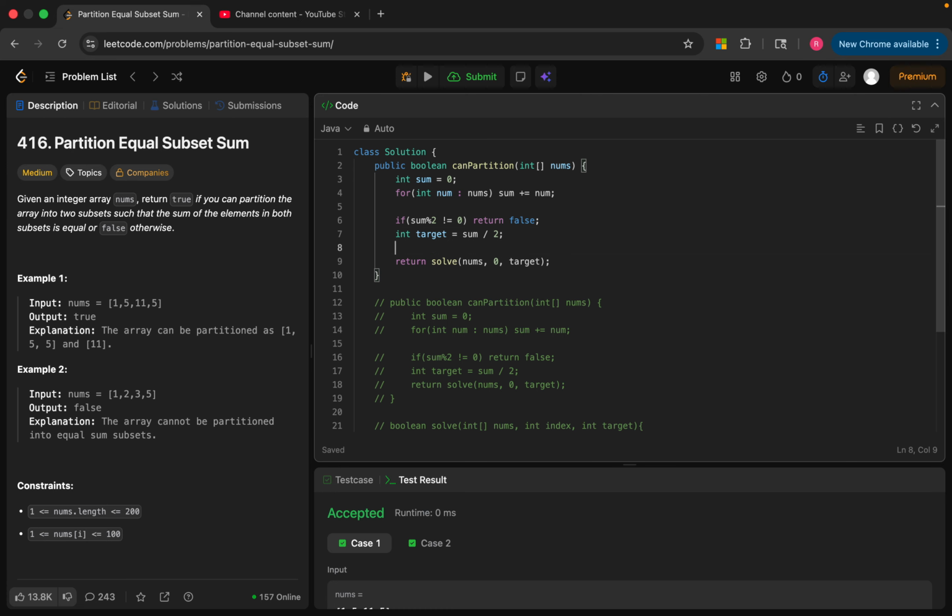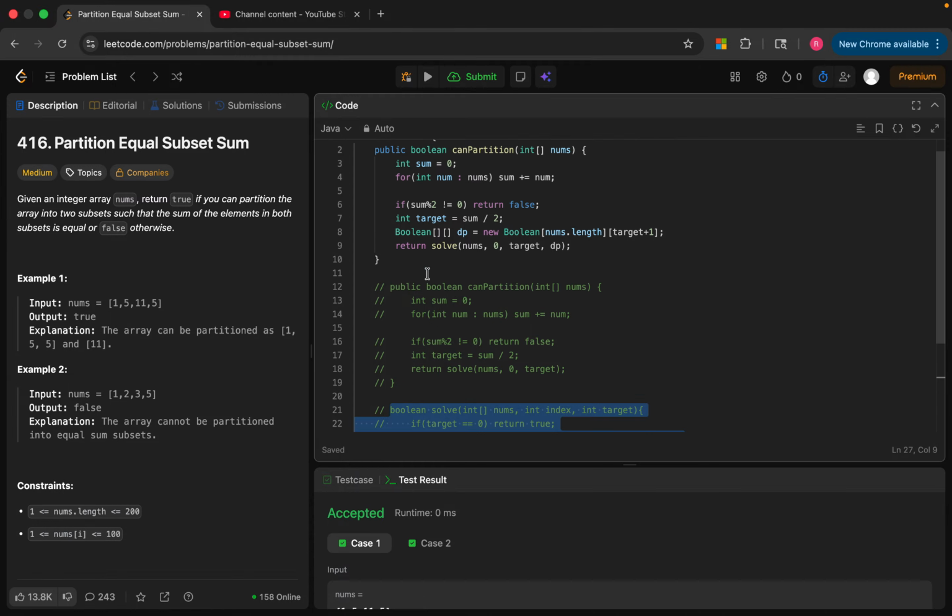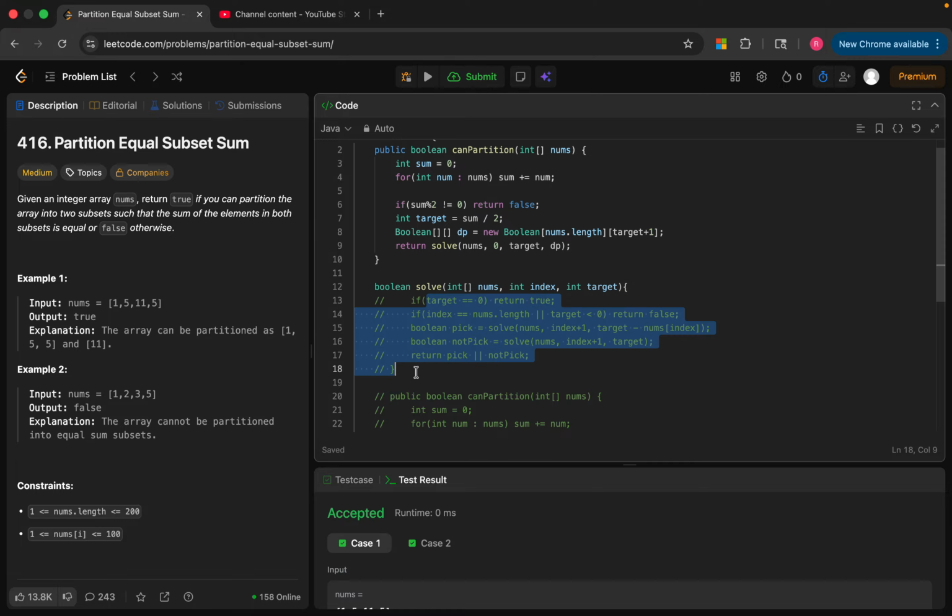Now we need a DP array, maybe of type boolean, and it would be nums dot length by target plus 1. Then we will return solve with nums, 0, target, and along with it we would pass DP. Now we will implement this solve method. The solution is almost the same, just that we are updating it in the DP array to avoid recalculations. So since we are passing a boolean DP,